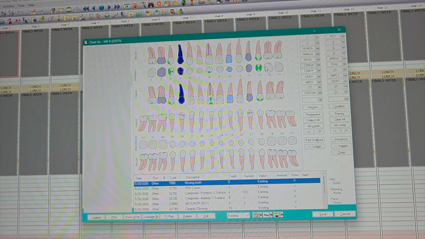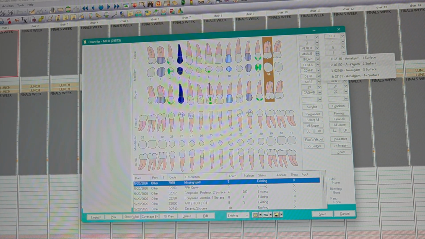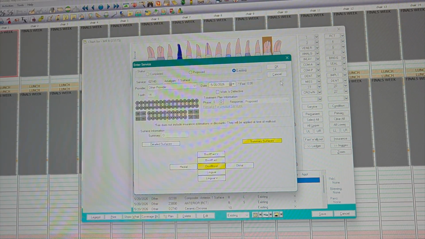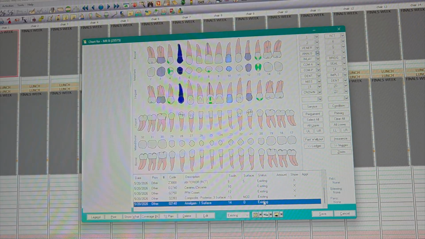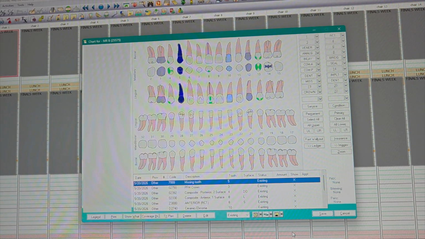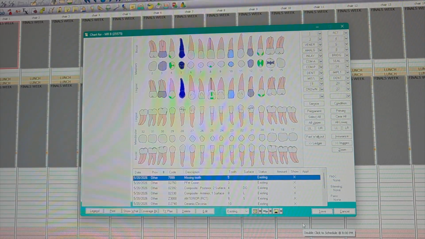We'll go to tooth number 14. We will select amalgam. We'll select a single surface. It's existing. We'll say it's the occlusal. We'll say OK, and we'll show it on the chart. So that's our full dentition chart for this model. We'll go ahead and do a second model to chart some other